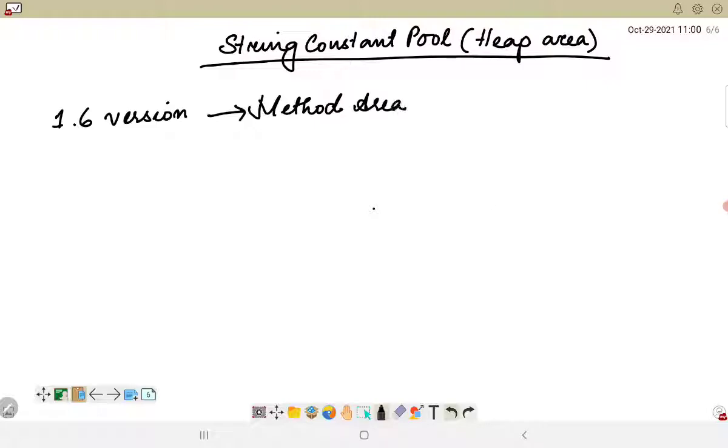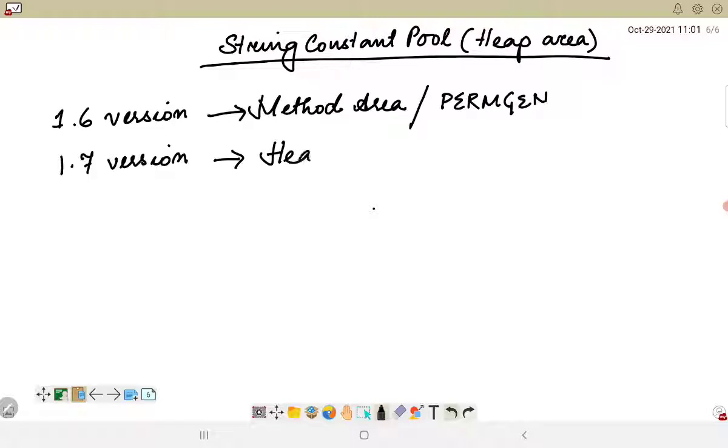So it was inside the method area, or we can also call it the perm generation area. After the 1.7 version, the string constant pool was shifted to the heap area.